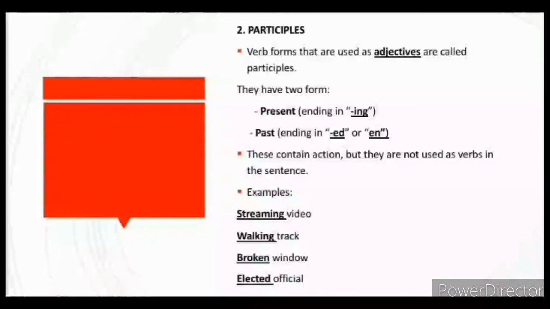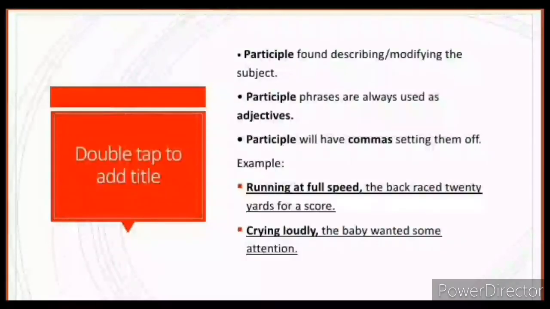Participles are found describing, modifying the subject. Participle phrases are always used as adjectives. Participle phrases will have commas setting them off. For example, running at full speed, comma, the back raced 20 yards for a score. Second, crying loudly, comma, the baby wanted some attention. Those examples are participles, where you can see running, crying, and the comma, which is the sign that it